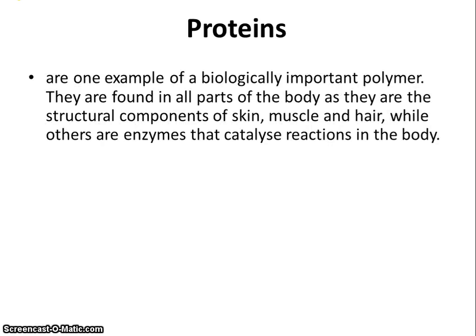Proteins. One example of a biologically important polymer. They are found in all parts of the body as they are the structural components of skin, muscle, hair, while others are enzymes that catalyze reactions in the body. So your proteins are really, really important, like amazingly important. If you didn't make proteins, you would be dead. Cool. And I hope most of you, even if you're not doing bio, can at least remember back to year 11 where you might have done